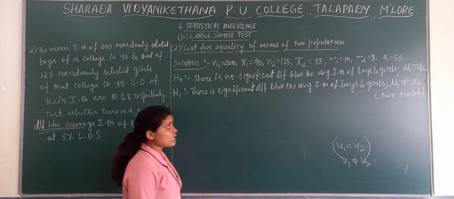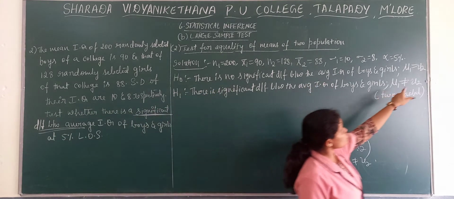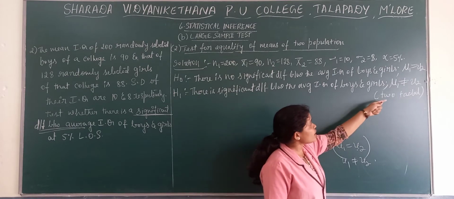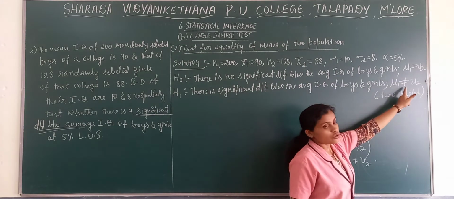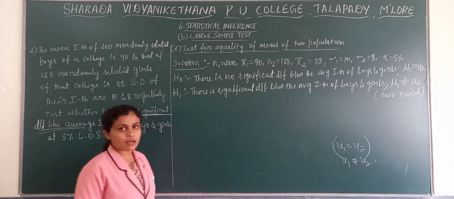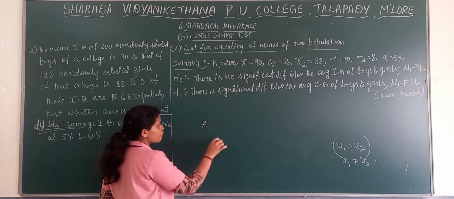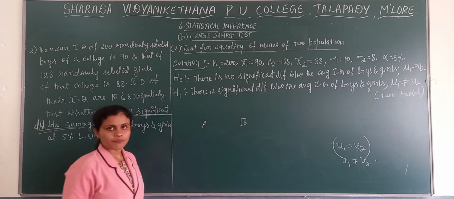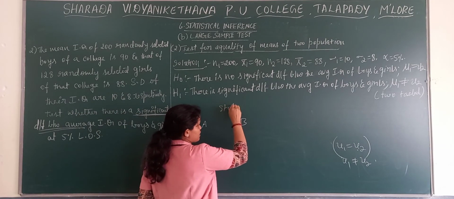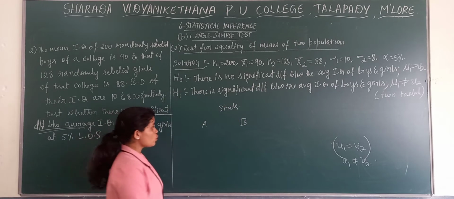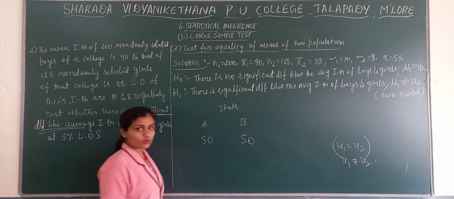Now you can ask a question: where we have used the words no significant difference, we have mentioned it is equal, and where we have used there is significant difference, we have shown not equal. Now a simple example. Take A and B. Two people have scored particular marks in a particular subject, say stats. A has scored 50. B also has scored 50.